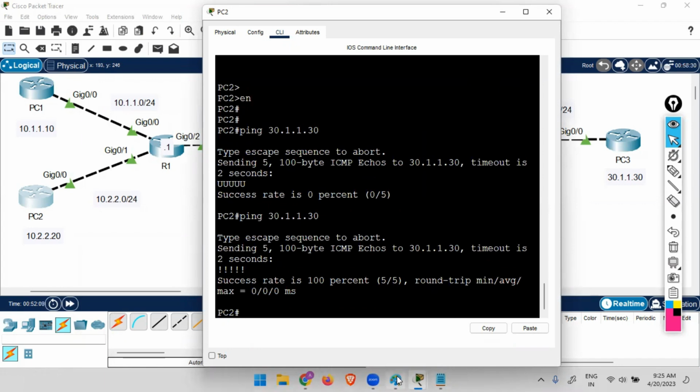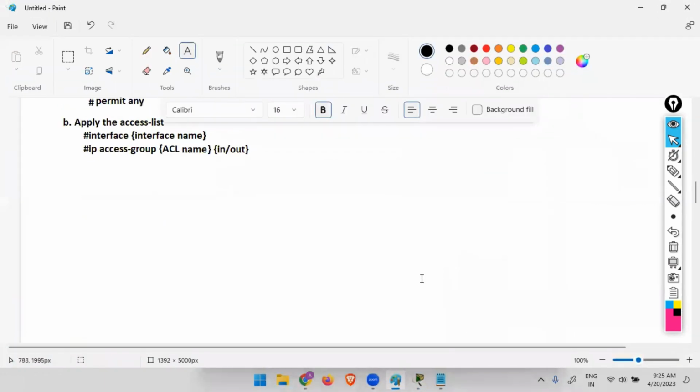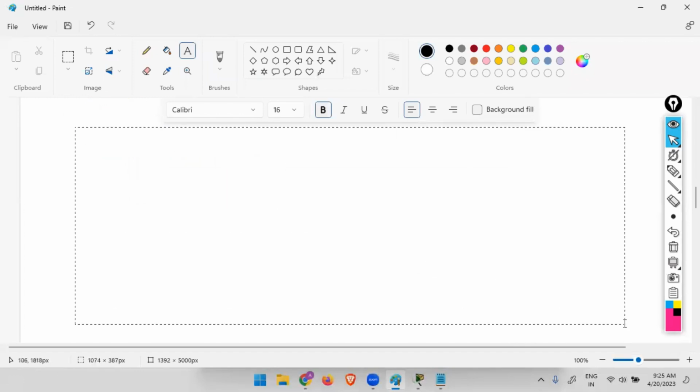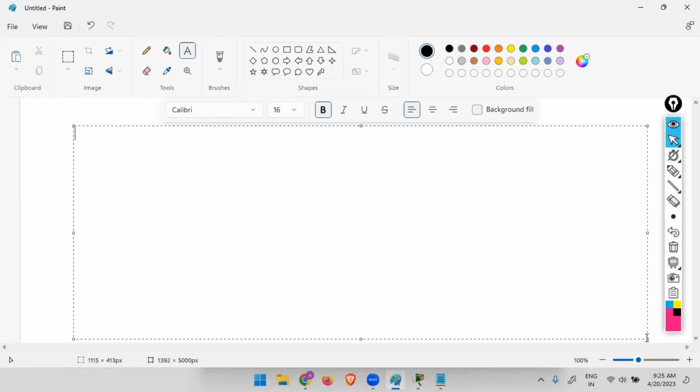Now we'll move on towards the extended. First of all, we'll go with the numbered extended. Numbered extended ACL. Again in the numbered method, you will use the numbers only. So the first thing we're going to do here is create the access list. And when creating the access list, you'll use the command access-list because this is a number. Then you'll use the number